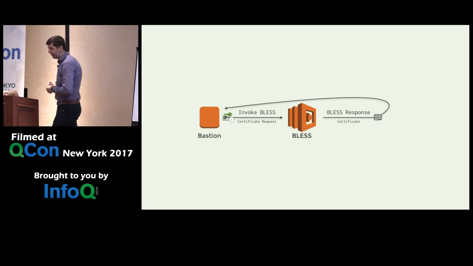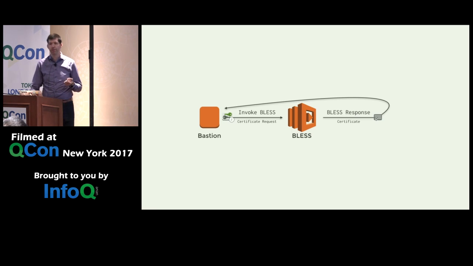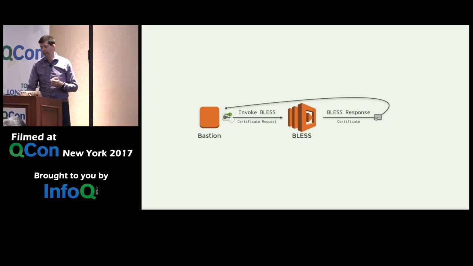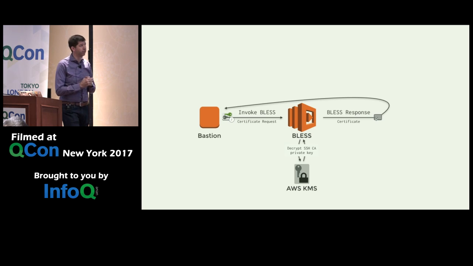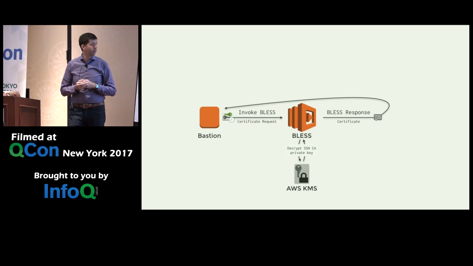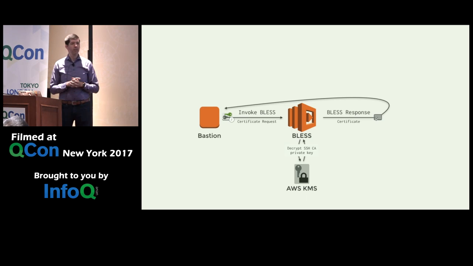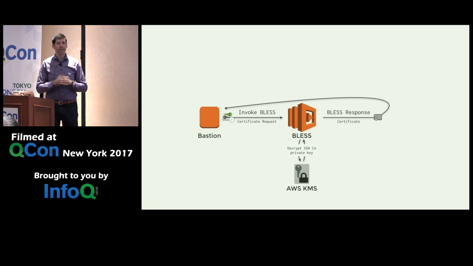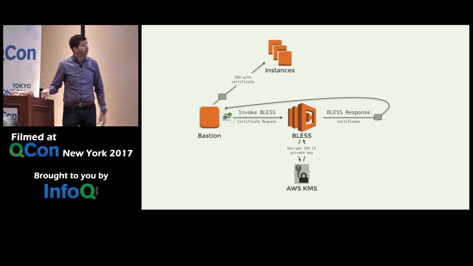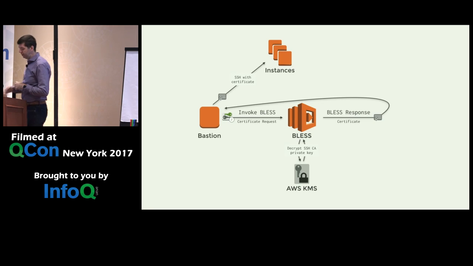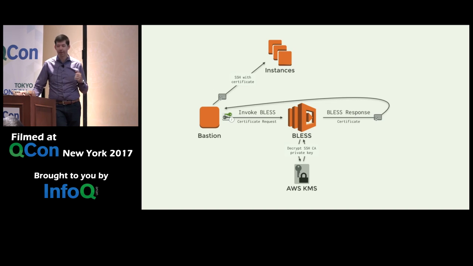And that's super great. Now, the problem is those Lambdas, they actually don't have any persistent storage. And so you need some place to store that private key that you're using to sign everything. And we're fortunate enough that AWS also has this whole KMS service, so you can store your keys in there, and you get a pretty good amount of security on it. So all of a sudden, I don't have to maintain this thing in any meaningful way, and I can have a pretty high confidence that the security of it is pretty good, right? So that's pretty fantastic, and then I come full circle, and once I get that certificate back, I can log into my instances with it. So that's Bless in a nutshell. The rest of the talk, we're going to get into a little more details about how this actually works.